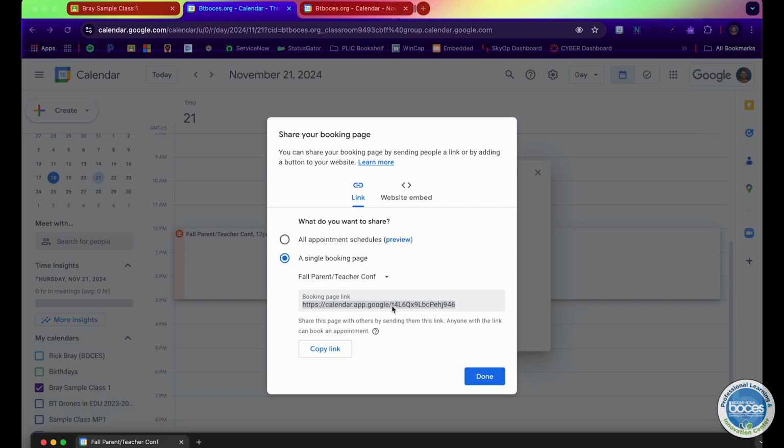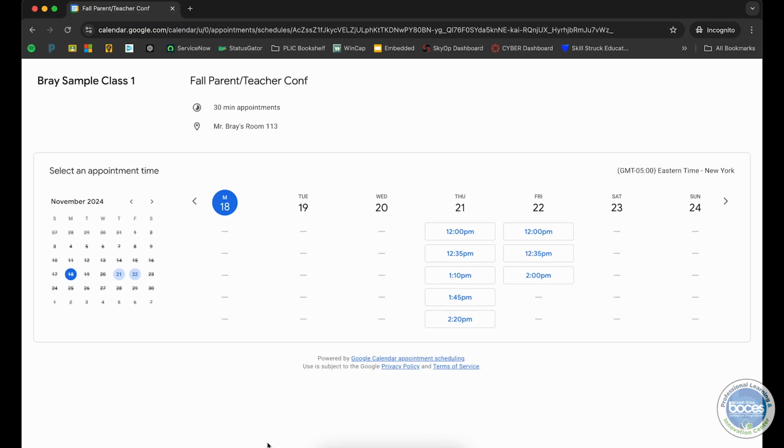So I can take this link right here and add it to Google Classroom. I could put it in something like Parent Square to send it home, as long as it's a live link. I could put it in a newsletter. Maybe I want to run this through some sort of link shortener like Bitly, so that people don't have to enter all these crazy long characters that are randomized and kind of gibberish. Or if it's Seesaw, perhaps I put it out as an announcement that way. But however you choose to, or email, this link will take people to this site where they can sign up just like we saw,